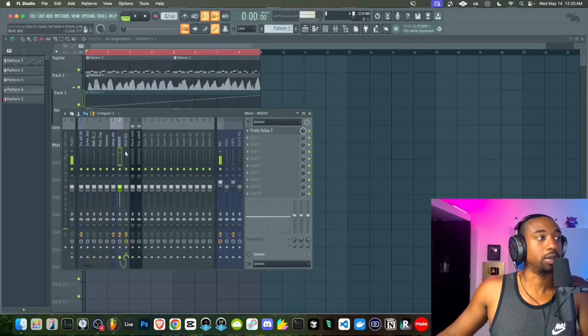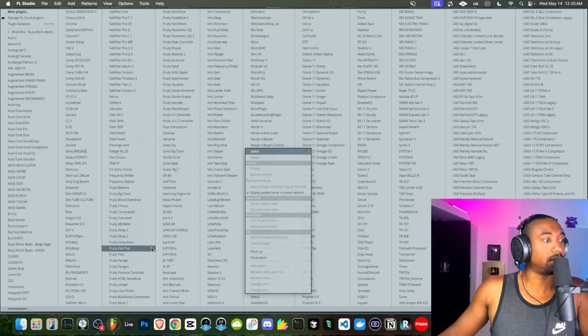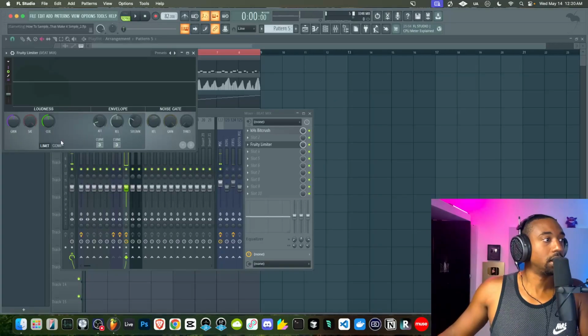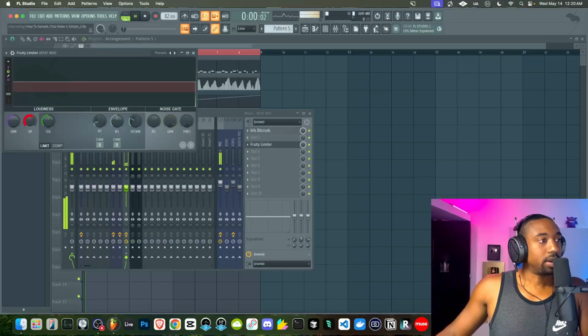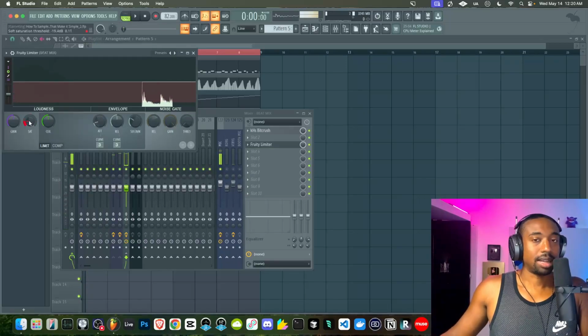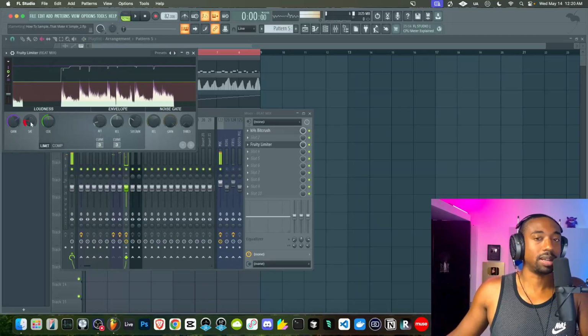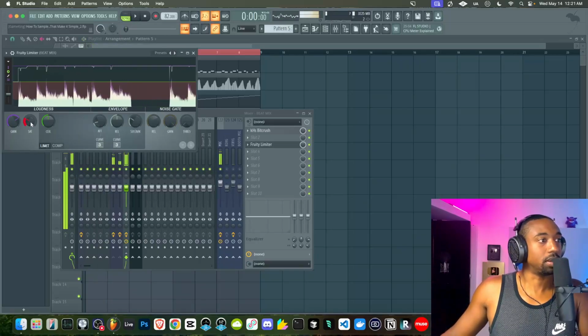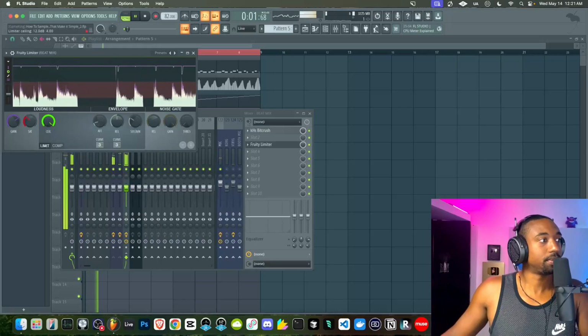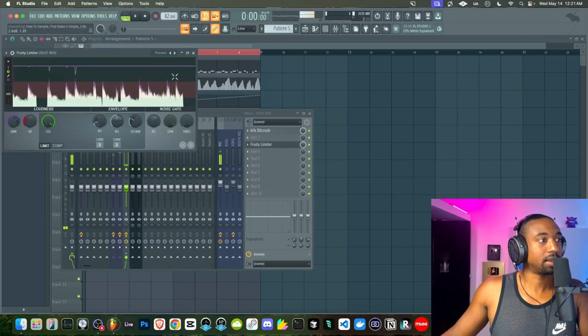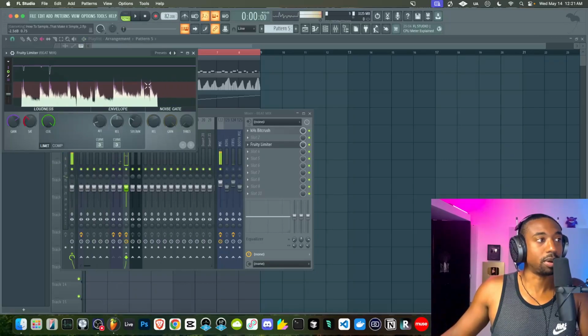If you want more oomph in the beat, I might add a Fruity Limiter. Let's go to the saturator here. Now this track does not need to be super aggressive, but you would just pull the saturation down, turn up your gain. Now remember, lo-fi is not meant to be super harmonic, so you got to be really careful with this step. And basically all this purple is we're shaving off the pointy parts to make it more smooth.